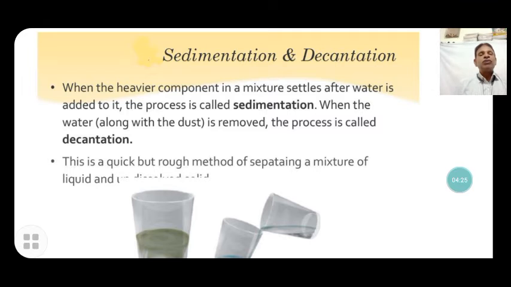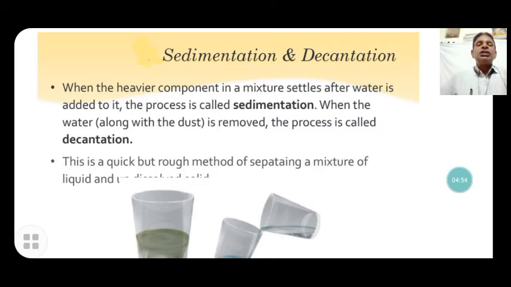Suppose clay water is taken and the clay is made of very fine particles which cannot settle down easily. Then the loading process is applied, in which the rate of sedimentation is increased. When alum is added to the muddy water, all the mud particles attach to the alum and settle down very quickly. In this way, the water is separated from the clay that has settled at the bottom.